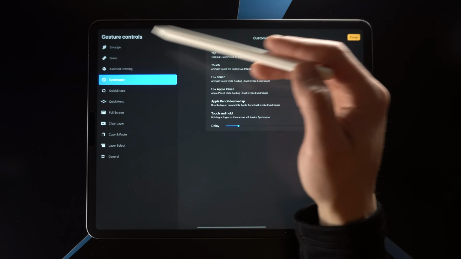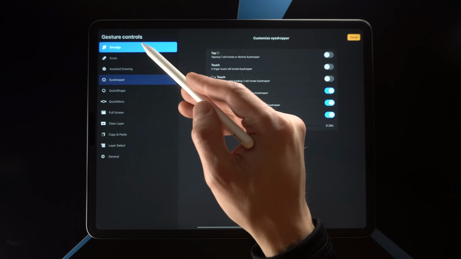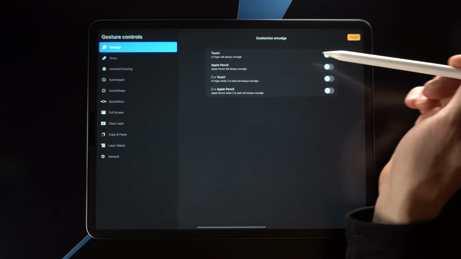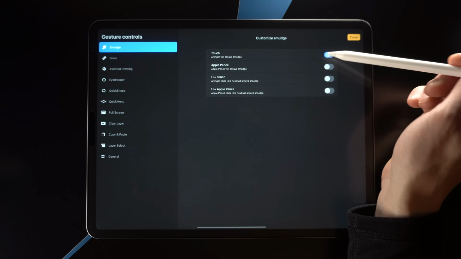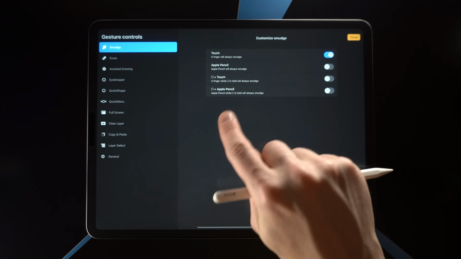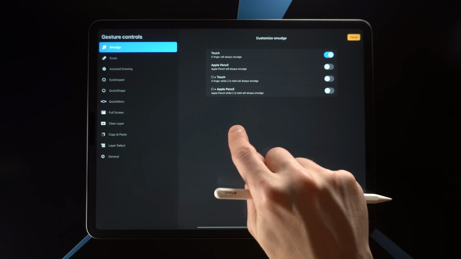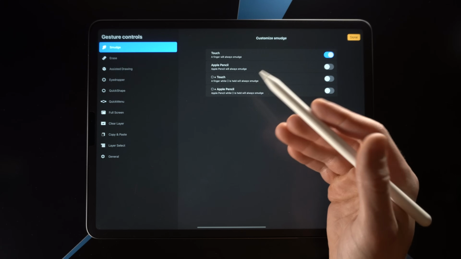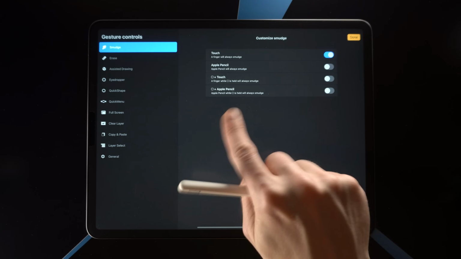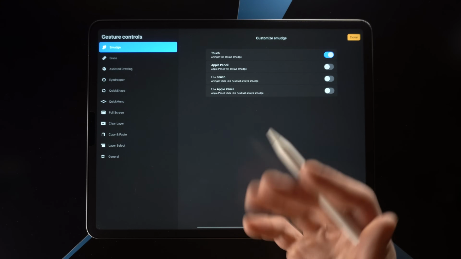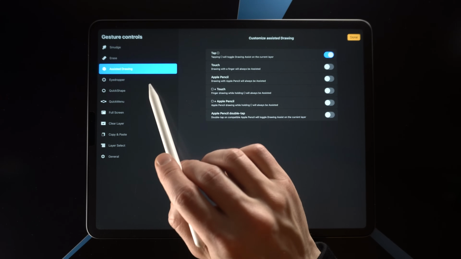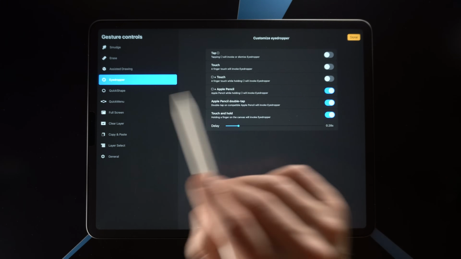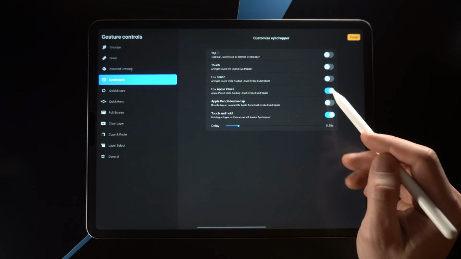Now this is a world of its own and very personal. Some people like to use the finger to smudge. If they do a lot of smudging, then you can just tap on this one right here. And that means that anytime that they use their finger, that enables the smudge tool. So they can just draw using the pen, and then as soon as they touch the canvas, they start smudging the paint around. And there are a lot of settings right here. I'm just going to show you how I set things up, just so that we have this as a reference